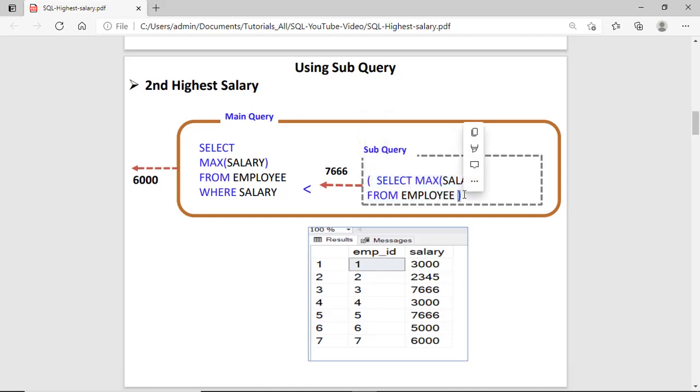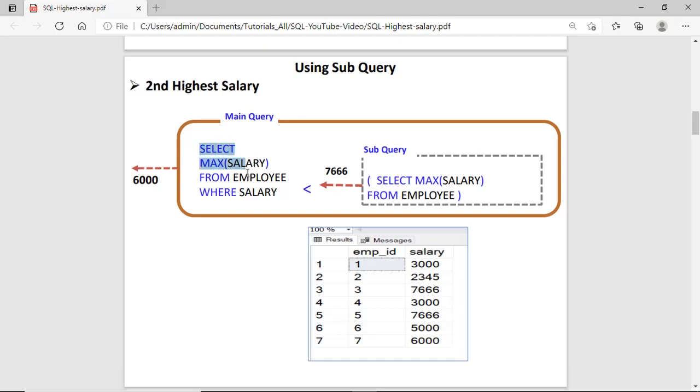When you execute this query, first of all the innermost query, meaning the subquery, executes and the result of the subquery is passed to the main query. In the subquery we are finding out the maximum salary, that is 7666, and that 7666 is passed to the main query.